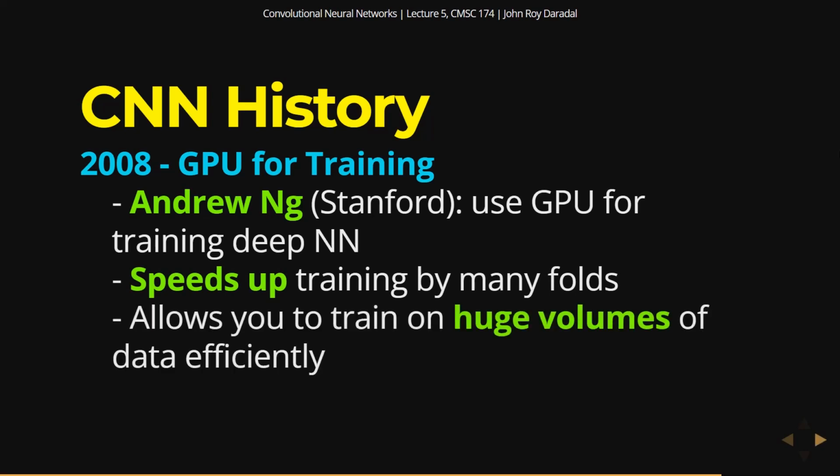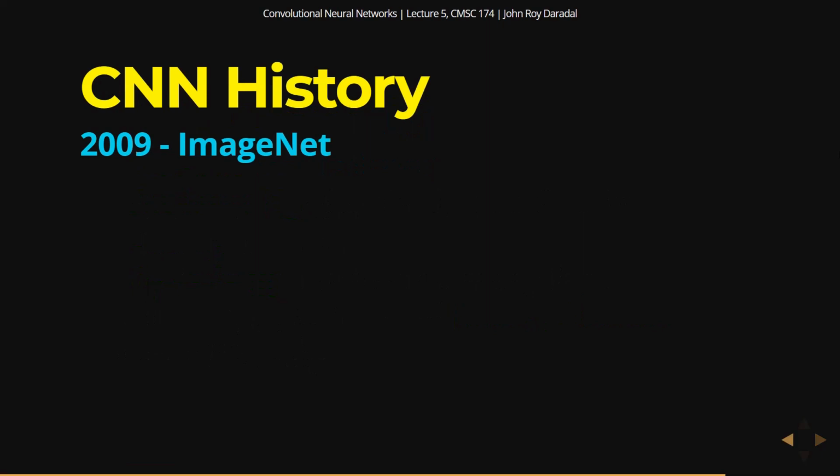Okay, and it also allows you to train on huge volumes of data efficiently. So in 2008, this was the start of the usage of GPU for training deep neural networks. Now, it allows you to train on huge volumes of data efficiently, and so that's why we need big data. Okay, and in 2009,